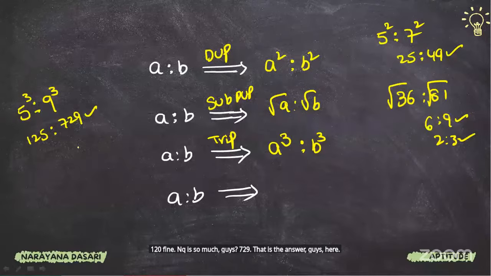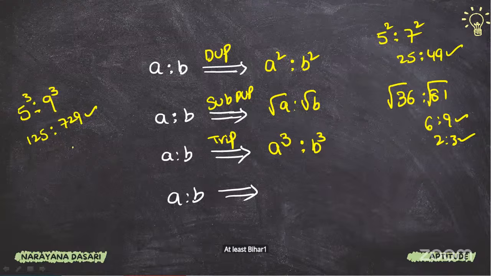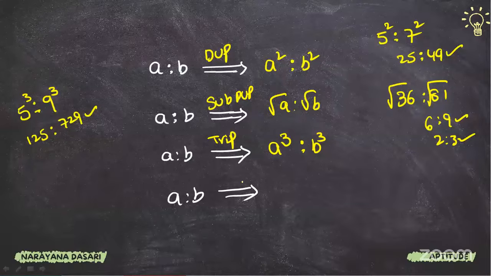ఎక్కడో మనం స్క్వేర్స్ క్యూబ్స్ ప్రాపర్ గా బై హార్ట్ చేయమని చెప్పారు మీకు నంబర్ సిరీస్ అనే కాన్సెప్ట్ లో. అట్లీస్ట్ బై హార్ట్ 1 to 25 స్క్వేర్స్, 1 to 15 క్యూబ్స్ అక్కడ బై హార్ట్ చేస్తే మనకి ఇక్కడ కూడా యూస్ఫుల్ అవుతుందండి మనకి. ఓకేనా రైట్, నెక్స్ట్